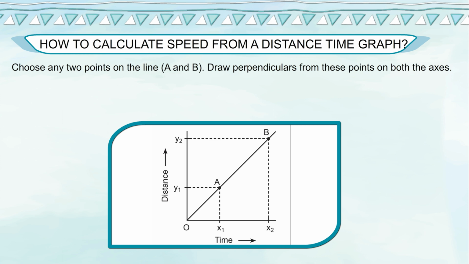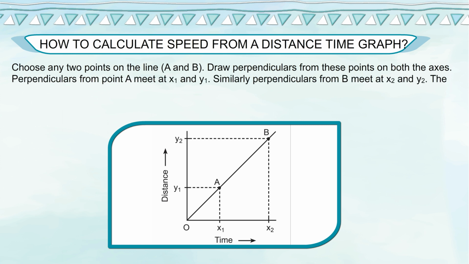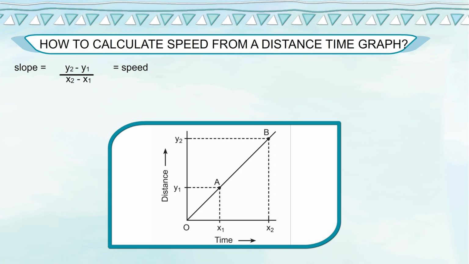Choose any 2 points on the line, A and B. Draw perpendiculars from these points on both the axes. Perpendiculars from point A meet at x1 and y1. Similarly, perpendiculars from B meet at x2 and y2. The slope can be calculated as slope is equal to (y2 minus y1) upon (x2 minus x1) is equal to